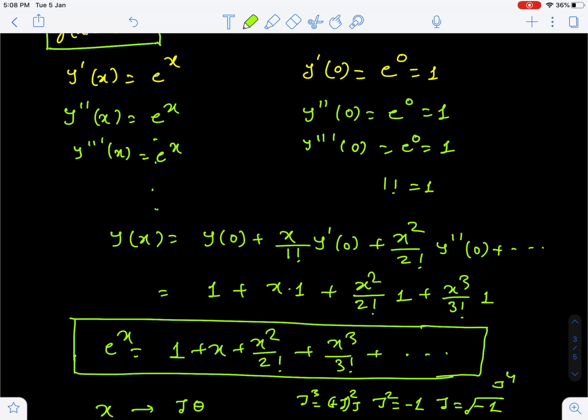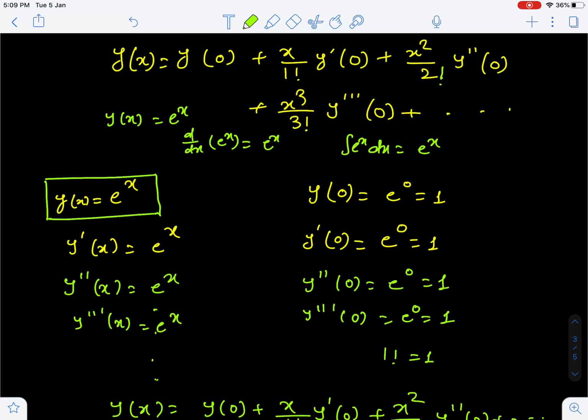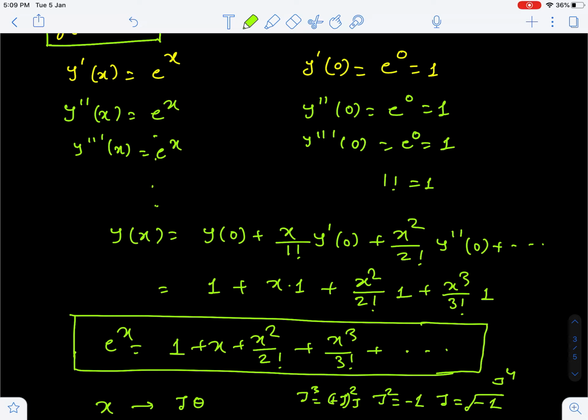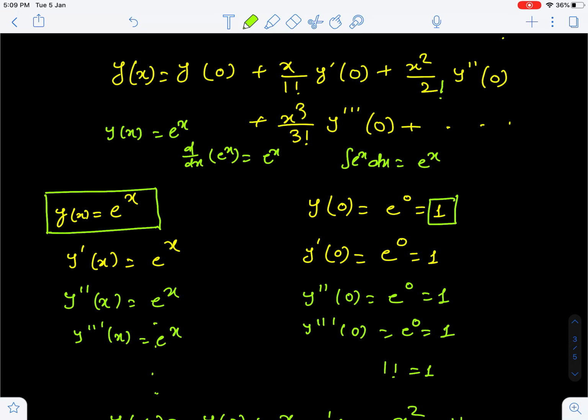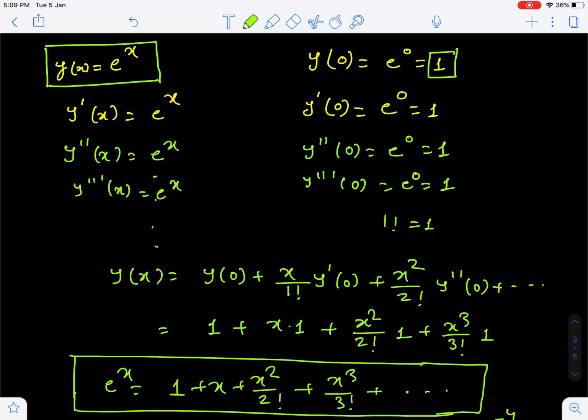Now I'll use this series, guys. So y of x is equal to y of 0. First I should write the first function by putting the value 0. So y of 0 plus x by 1 factorial y dash 0 plus x square by 2 factorial y double dash 0, similarly. I have just substituted the values. So y of 0 you are seeing from here is 1, so I have written 1. x upon 1, this is the term which you have to multiply here. You are seeing that x by 1 factorial you have to multiply. So x by 1, y dash 0 is again 1. So 1 factorial is 1.